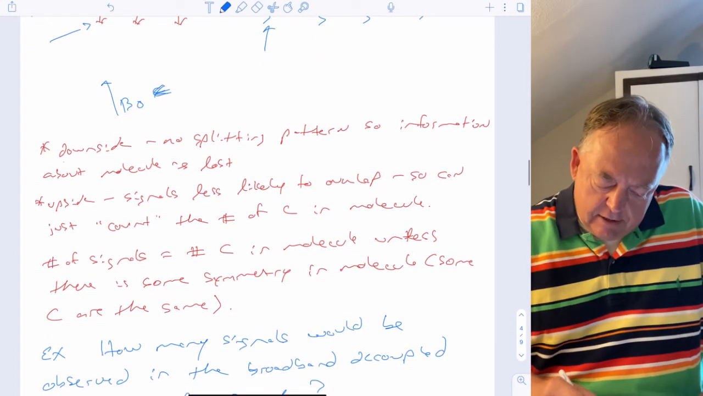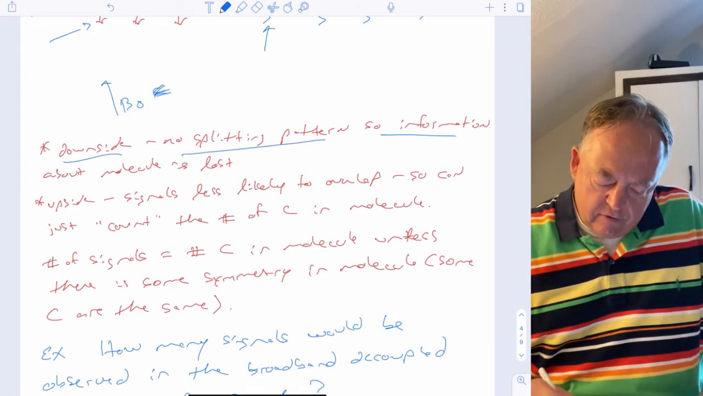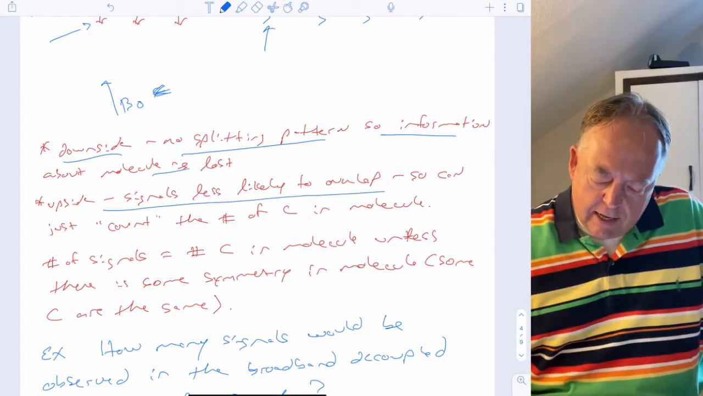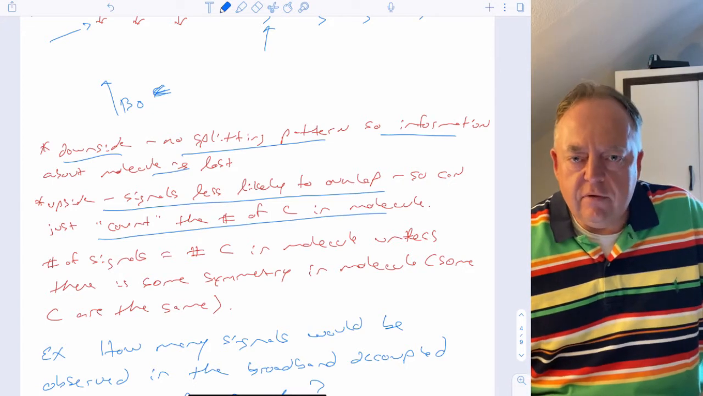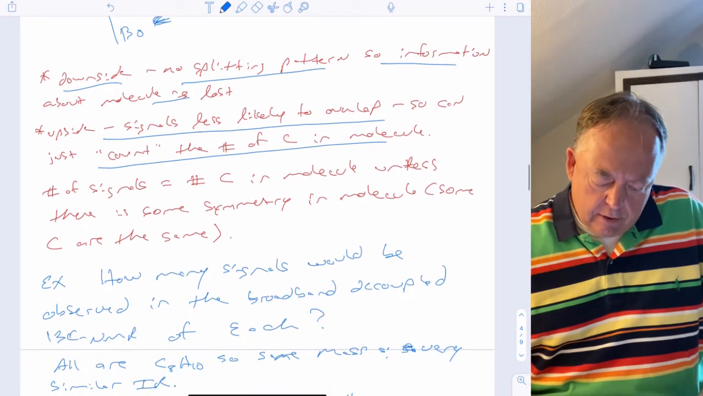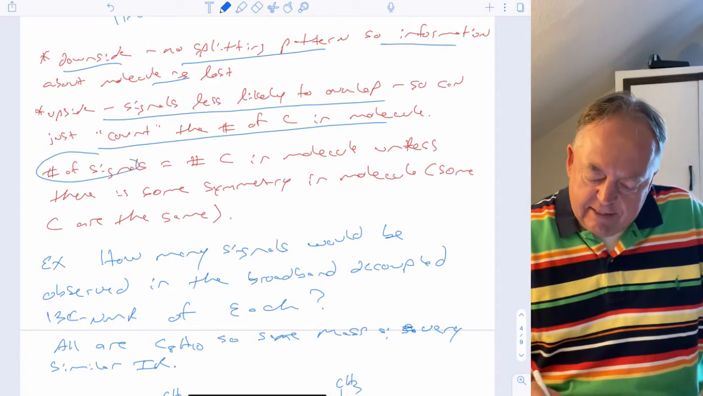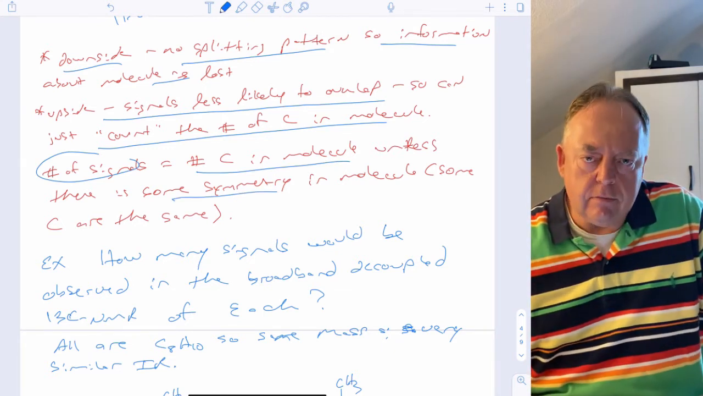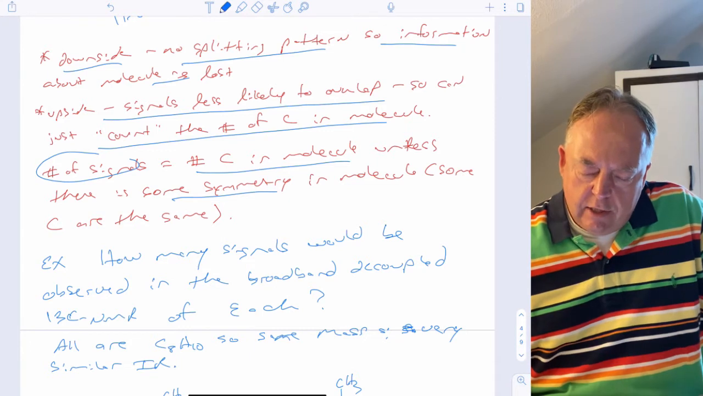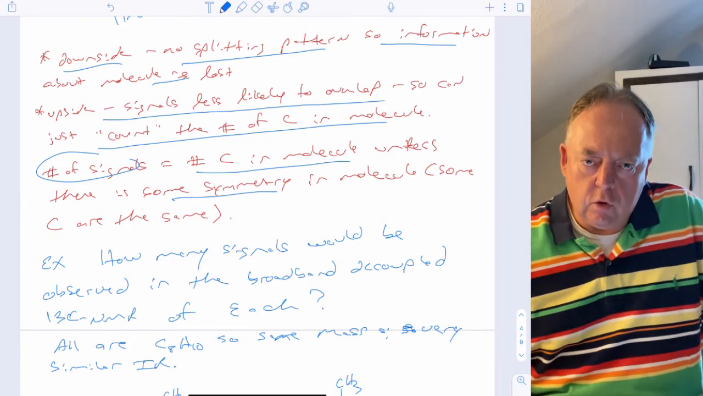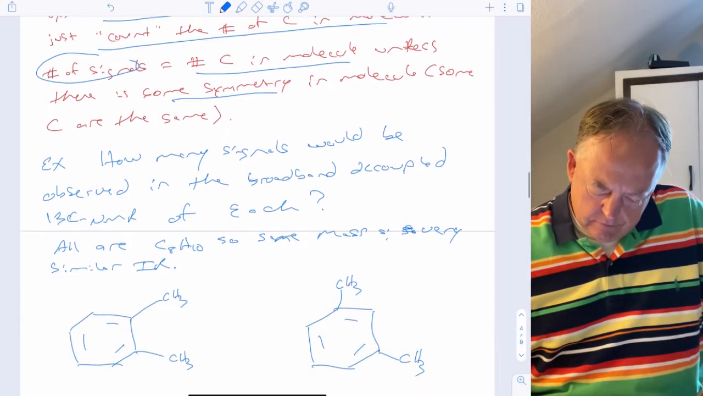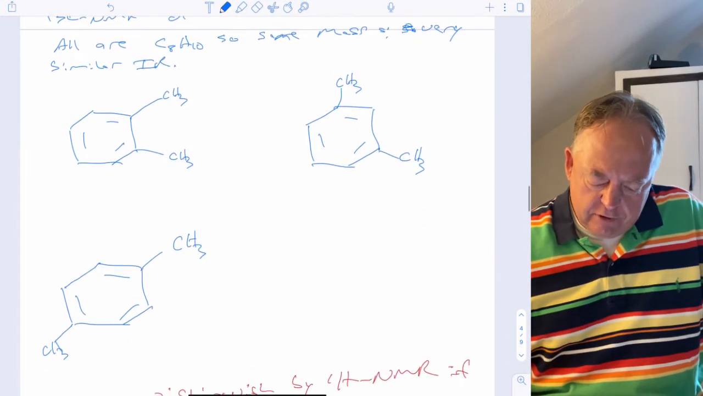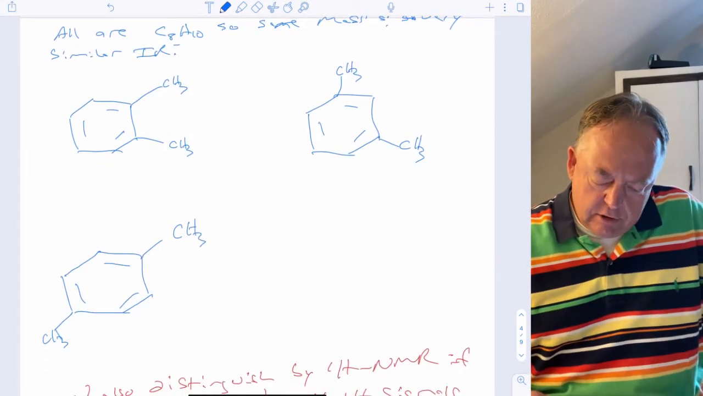Right, so the downside to this is there's no splitting, so you lose information. The upside is that there's less likely to be signal overlap, so you can just count the number of carbons in your molecule. However many signals you see, that's how many carbons are in your molecule, unless there's symmetry in your molecule and some carbons are the same, then you would have fewer signals than actual carbons in the molecule. So if we take an example, if we took these 3 molecules, they're all C4H8,